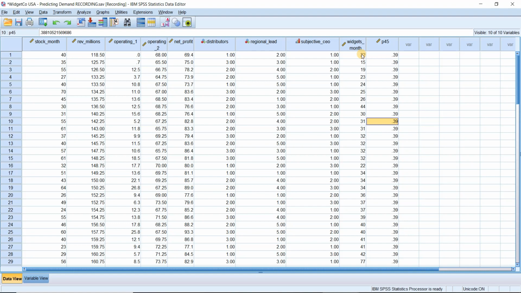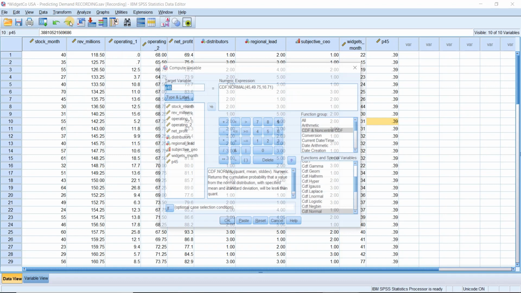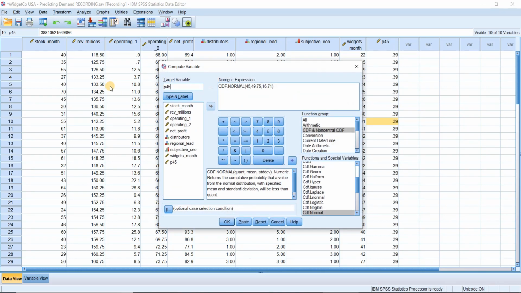But the next question on your assignment is, what if we want to calculate the probability that we will sell more than 70,000 widgets in the next quarter? That can be calculated using the same CDF function. I'm going to pull up my compute variable one more time and change this to P70 to give me my probability of 70,000. Be sure to change your quantity to 70. But the one other change we're going to make is to take the inverse of this